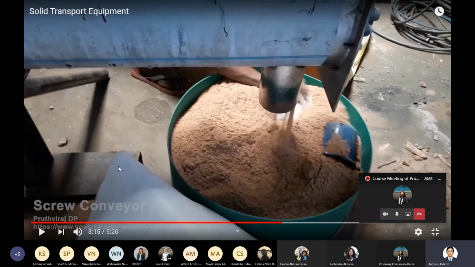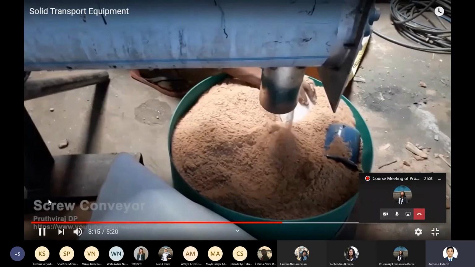Why? Because when we put it inside, for example, a bin or a bag, it is much easier to control the number or amount of solid particles inside that bin or bag when the solid particles are of smaller dimension. So sometimes we also use a screw conveyor to help us segregate the particles from the agglomerated one.